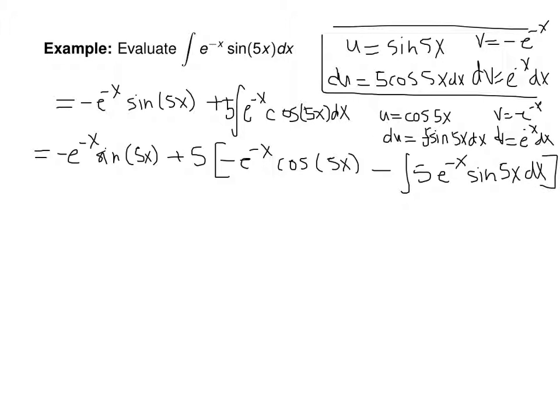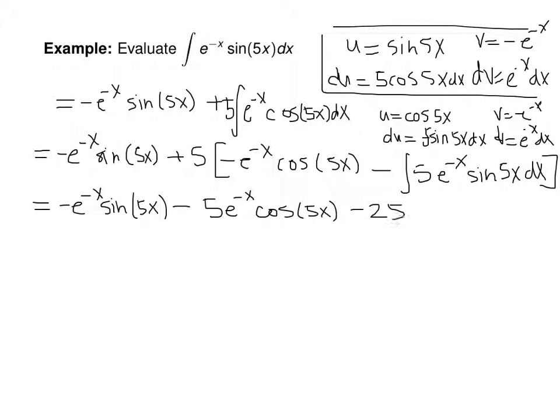Now distribute that 5, and we have negative e to the negative x sine of 5x minus 5 e to the negative x cosine of 5x minus 25 times the integral of e to the negative x sine of 5x dx. Now you're back to an expression that follows an integral that you started with. So you add that to this, which is what all this stuff is equal to, and you have one integral of e to the negative x sine 5x plus 25 of them will give you 26 integral e to the